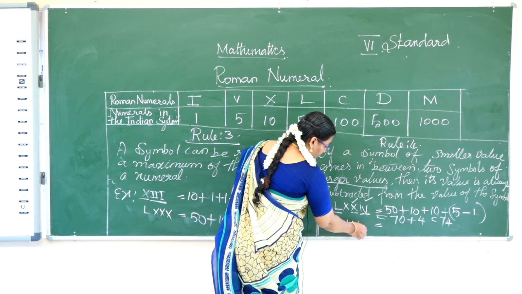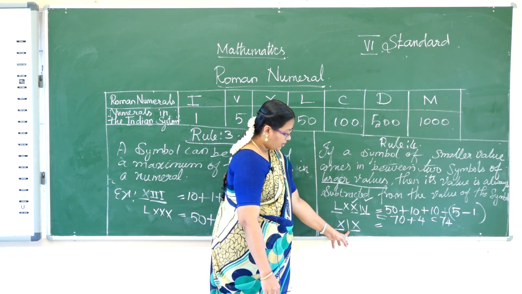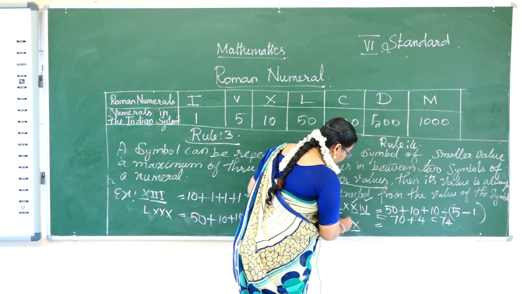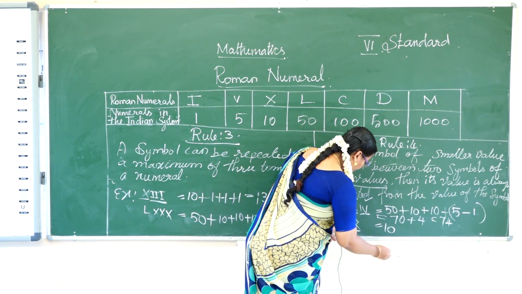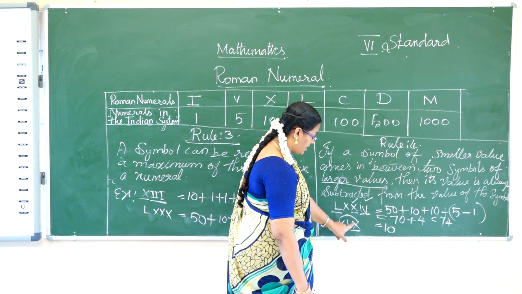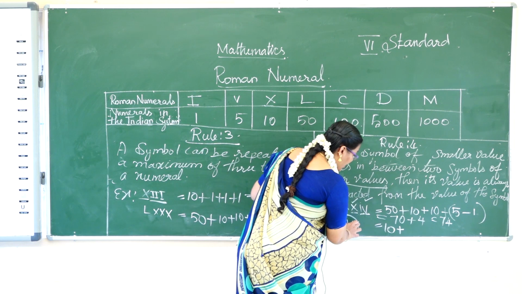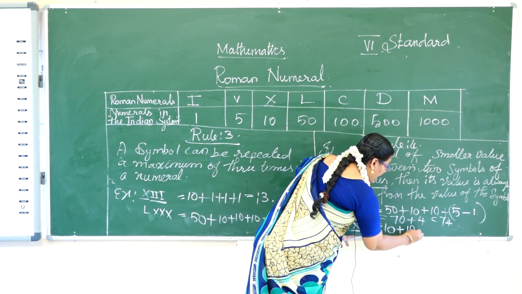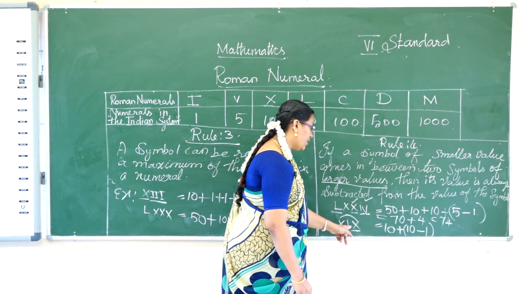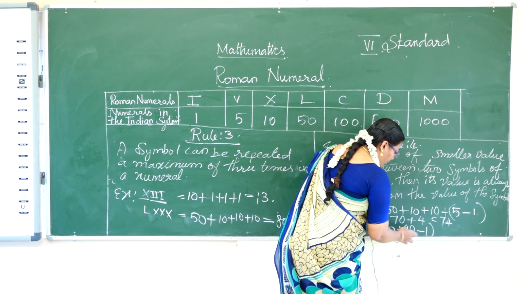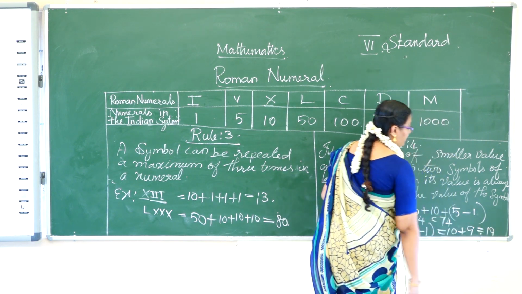And next, here also there are 2 largest numbers with the number I in between. Okay. So in this place, write the first largest number 10. Second, the smallest number, the value of I is 1. So in this place subtract from this highest value. So 10 minus 1. X value is 10, the smallest value I means 1. So subtracting these 2 values we get 10 plus 9. So 19 is the answer.